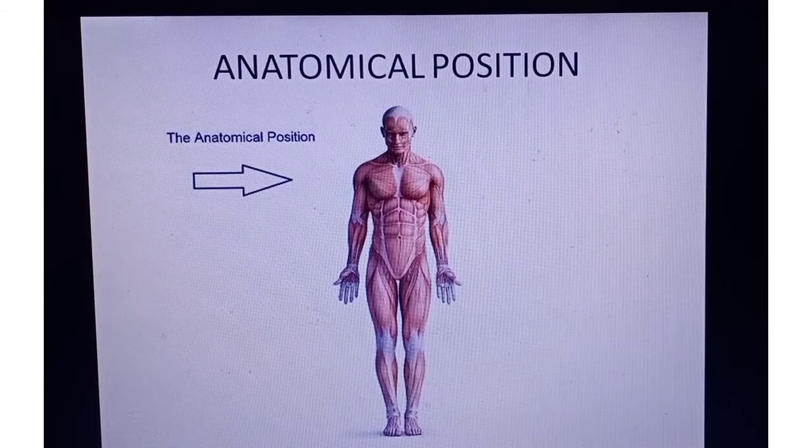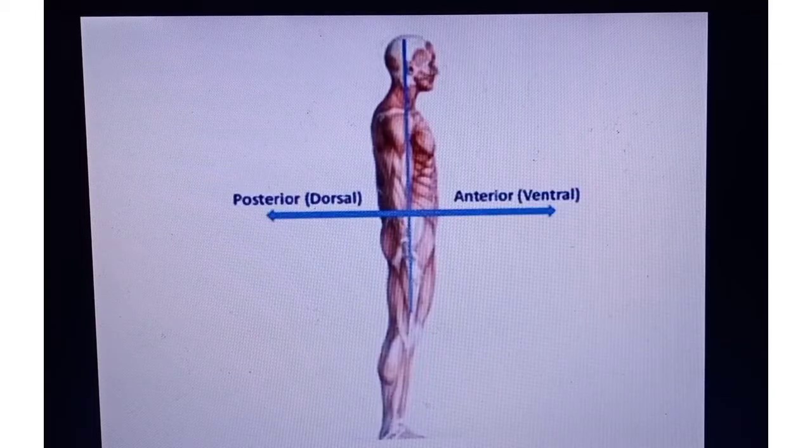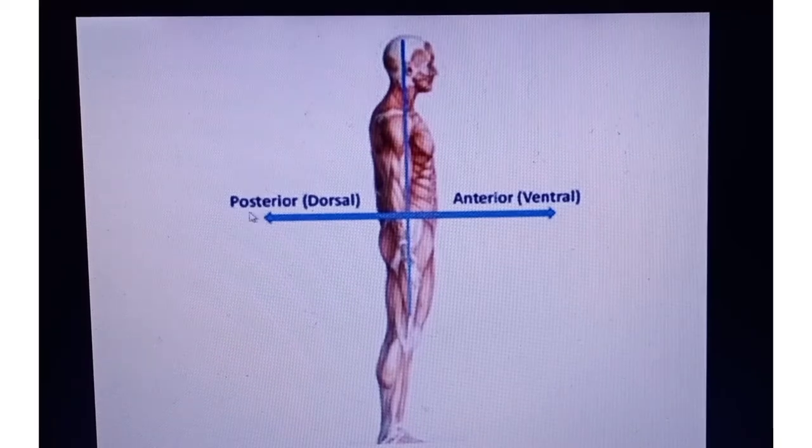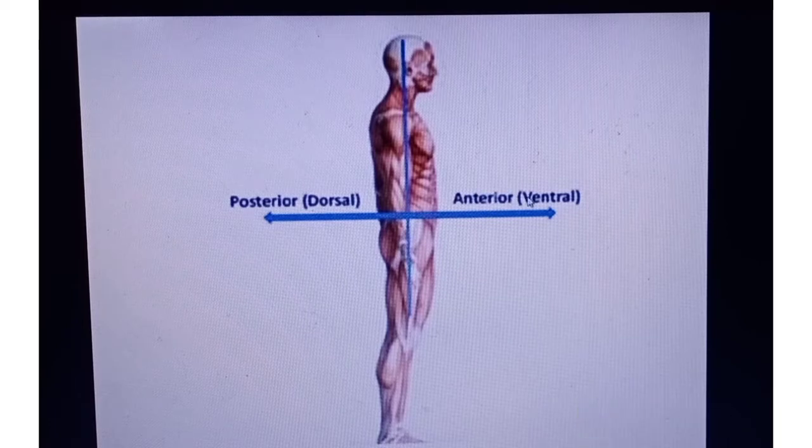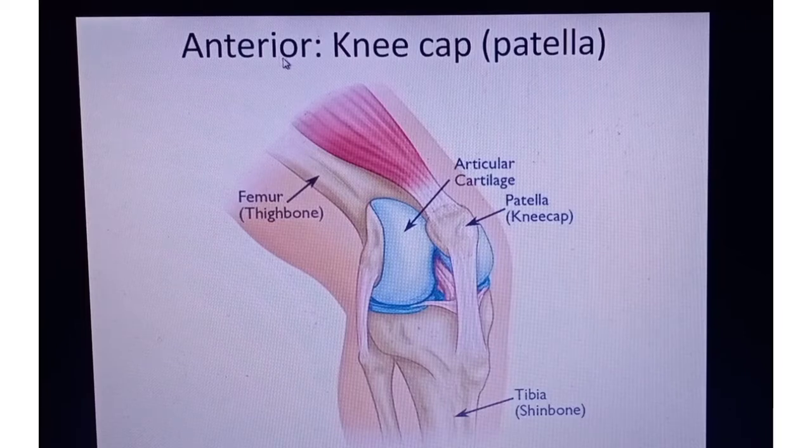Okay. So the next thing that we will go to is the directions and their examples. Simply you need to know, see here, the back of the human's body, at the back, this is your posterior. This is known as posterior, or another word is dorsal. And in front, whatever comes in the front or towards the front would be your anterior, also known as ventral. Okay. So see, this is the example that we discussed, that is kneecap, that lies anterior in the leg or anteriorly in front of the knee.